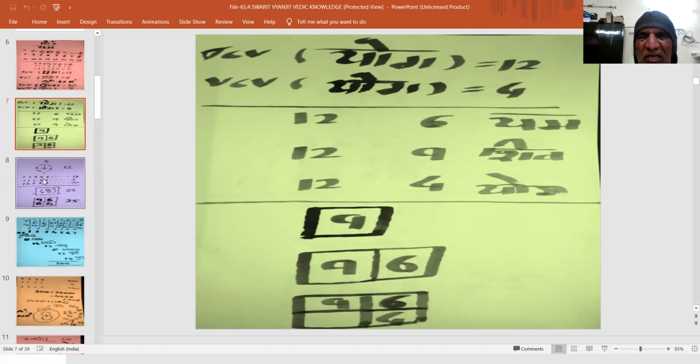See the formulations Yam, Shiv and Yog with common transcendental code value 12 and with the distinct Vedic code value 6, 9 and 4. Bring us face to face with the structural organization of 3 squares.